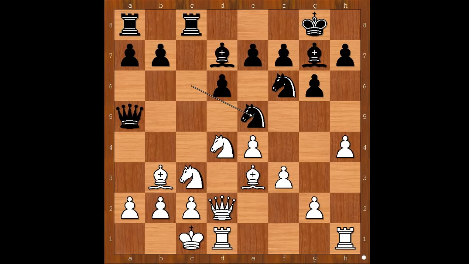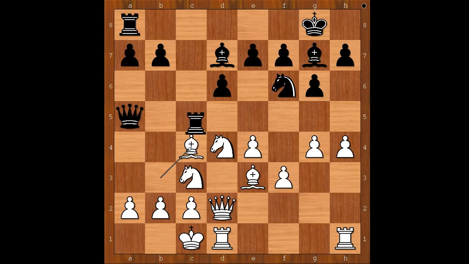Igor Yaranga played g4, black to move. This is a very interesting moment of the game. Knight to c4 is kind of a standard move, and then white usually takes on c4, and then rook takes on c4. In this game, the player with the black pieces played